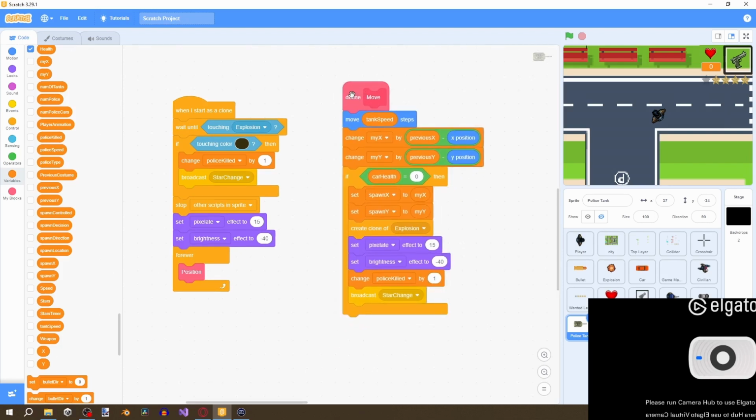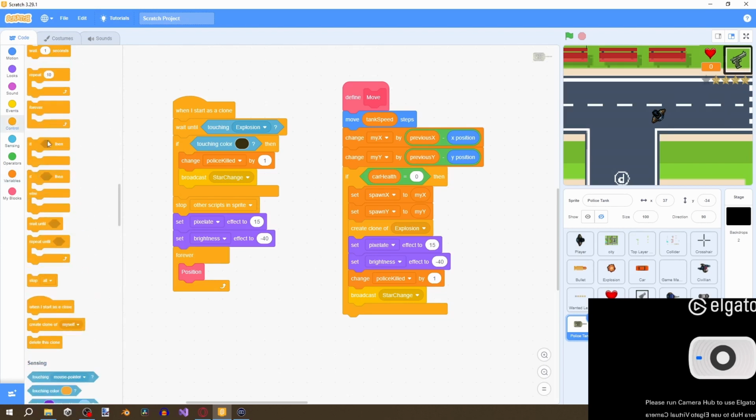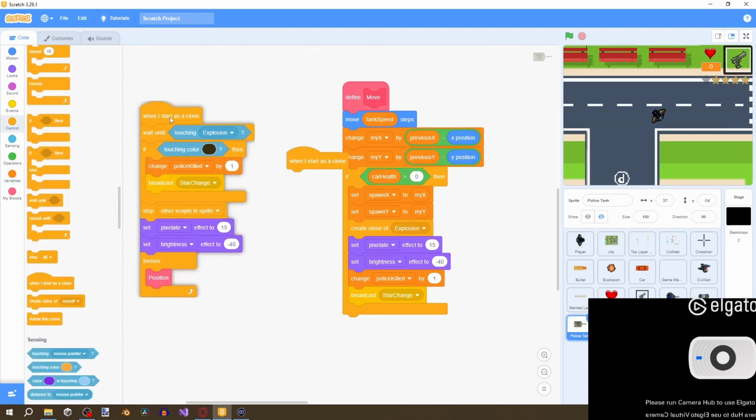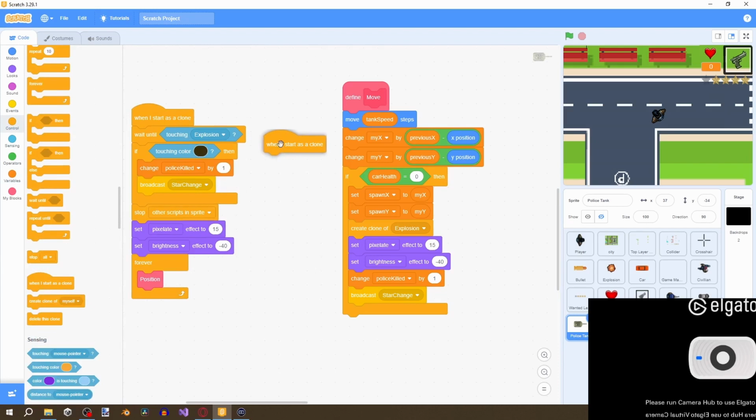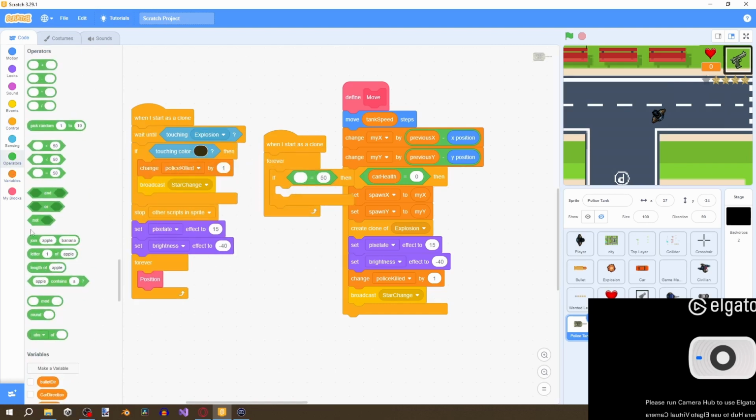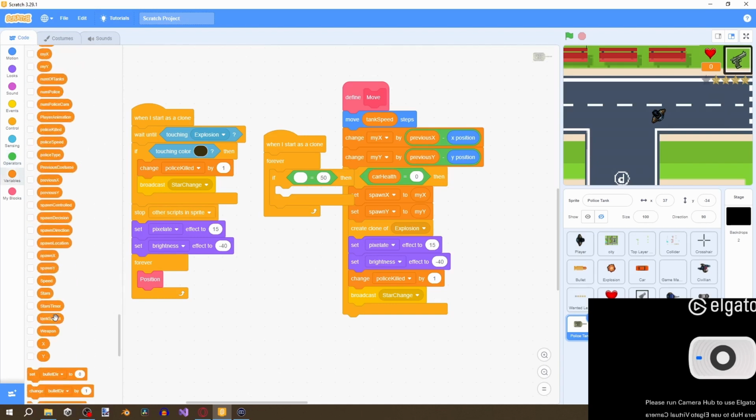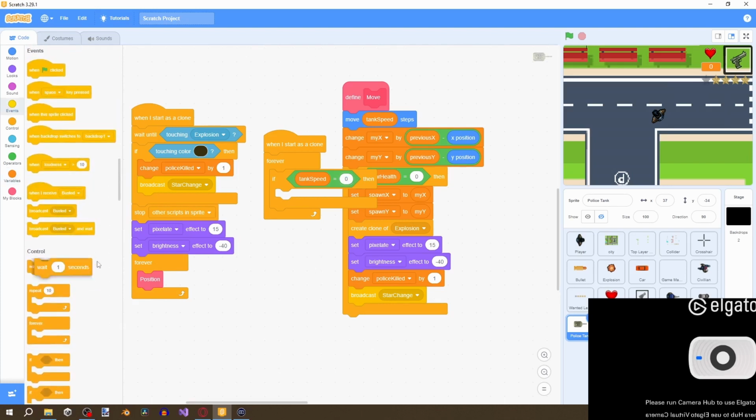The second script is a bit simpler. All we're gonna do is say when I start as clone, and then we're gonna edit this one last. We're gonna say when I start as clone, forever. Then we're gonna say if tank speed, where is the tank speed? Right here. If tank speed equals to 0, wait 3 seconds, and then